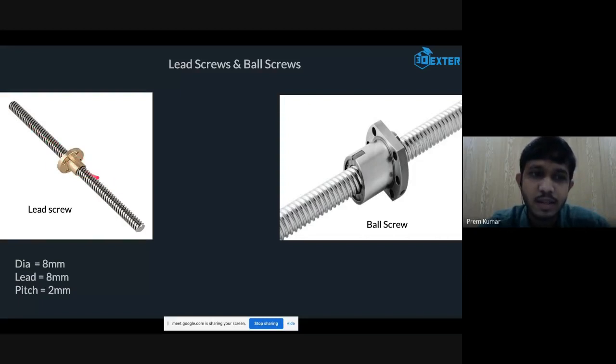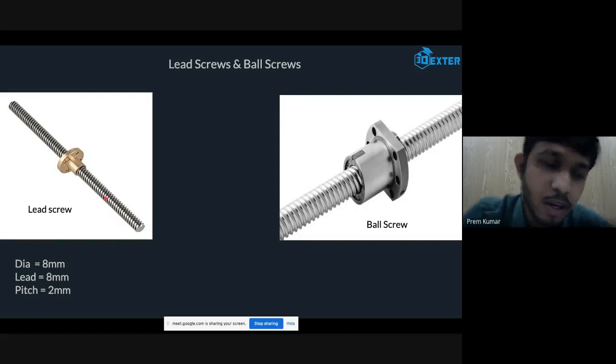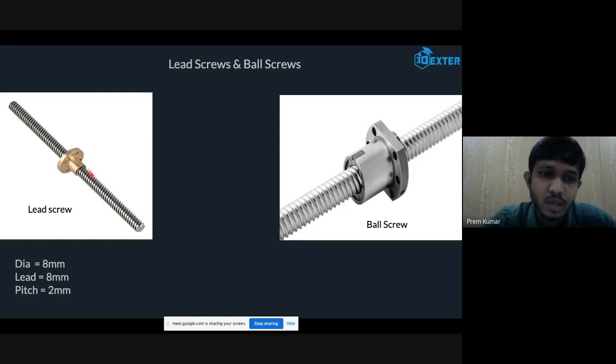They are like a threaded screw only, but these lead screws are specifically made for linear motion systems. So they have high precision and smooth operation. These lead screws are also available in different diameters like 8 mm, 10 mm, 12 mm.